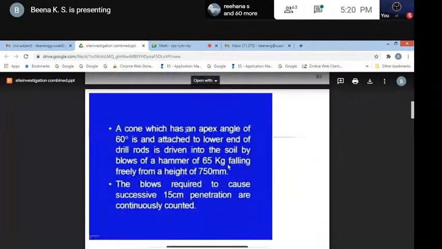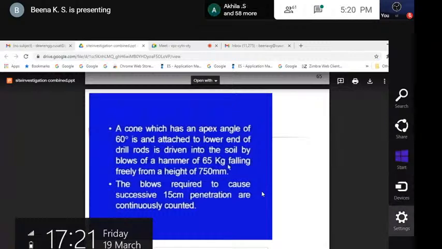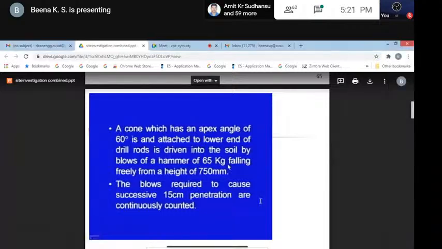Here, a cone which has an apex angle of 60 degrees is attached to the lower end of the drill rod and is driven into the soil in the same way, using a 65 kilogram hammer weight with a drop height of 750 millimeter. Here, the blows required to cause a successive 15 centimeter penetration are continuously counted. The procedure is the same as in the case of